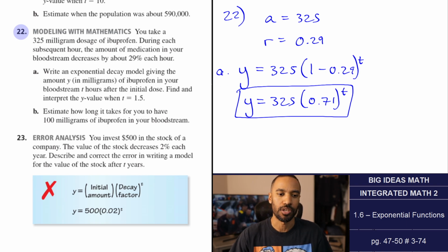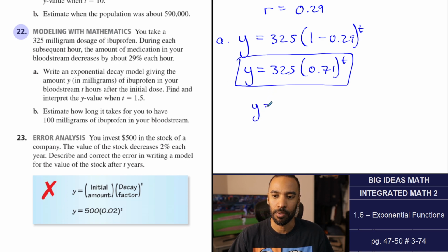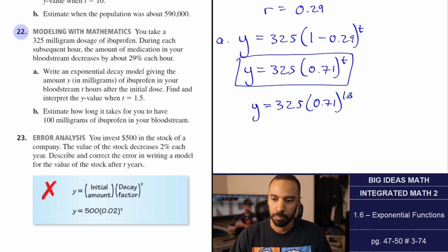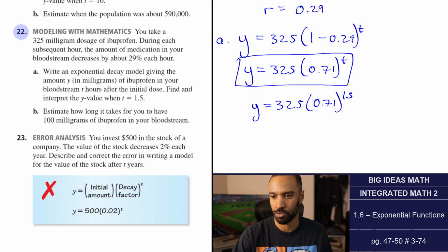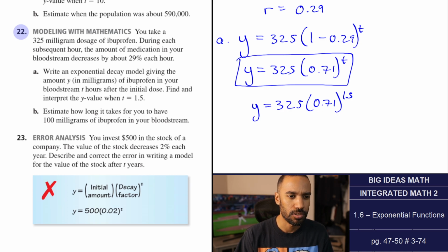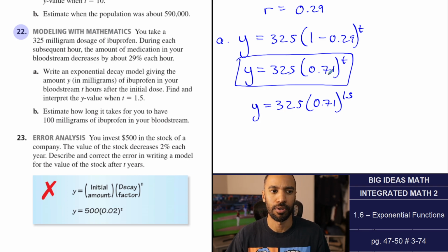They also ask you to find and interpret the y value when t equals 1.5. So now we have to do 325 times 0.71 to the 1.5 power. Let me plop that in the calculator. 325 times 0.71 raised to the 1.5. Okay, I'm getting 194.433406. I don't know how many decimals they want. I'll just put 4. 194.4